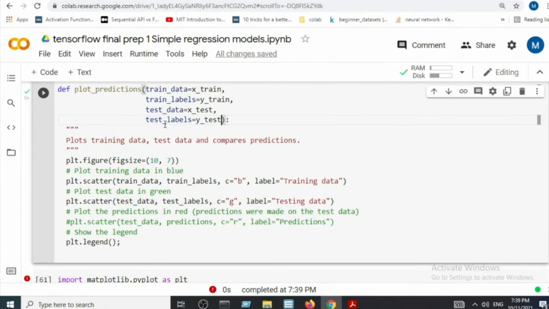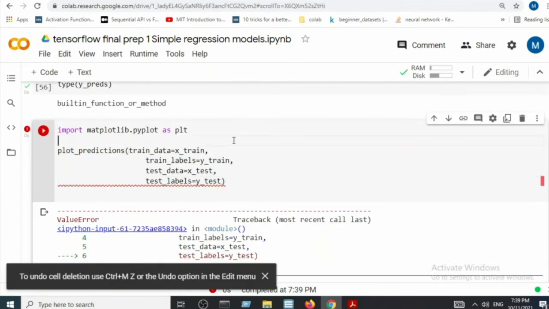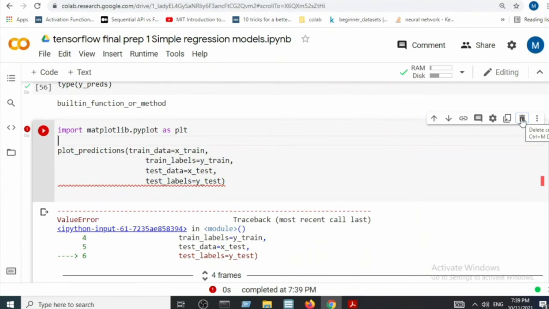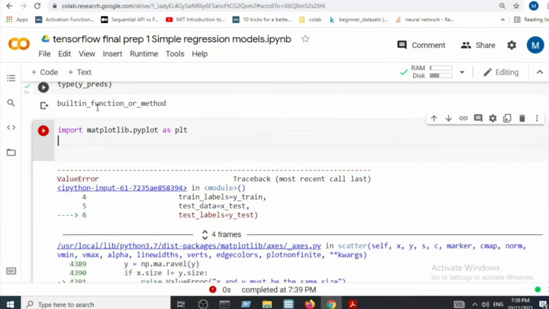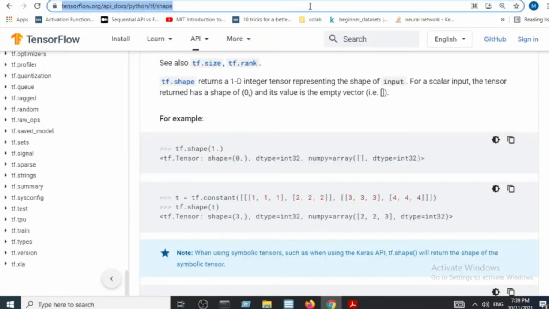So I have multiple feature columns and this would only work with one feature column. So yeah, I can't really do a visualization here. I mean, I can do something like